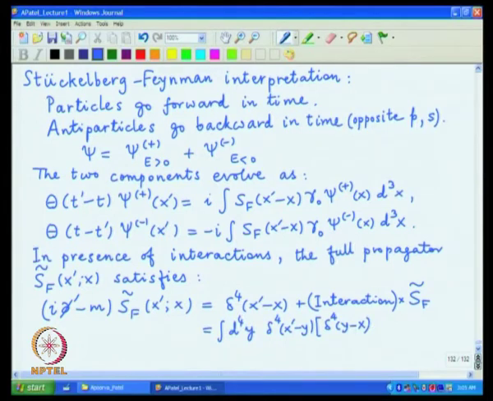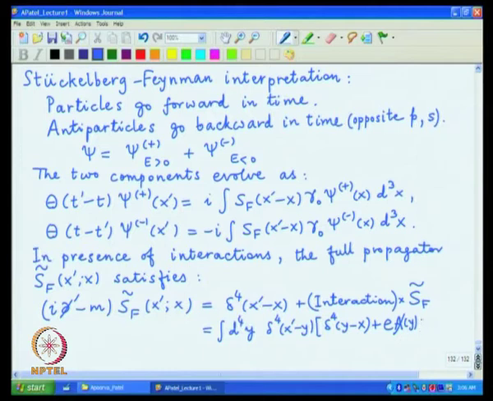So, when integrated over y, this product of two delta functions just produces delta 4 of x prime minus x. That is a trivial part, but now we have the full interaction term in the Hamiltonian. In this Lagrangian operator, that interaction term was just obtained by changing p slash to p slash minus e times a slash, and e times a slash I am going to rewrite on the opposite side of the equation. So, that now becomes e a slash